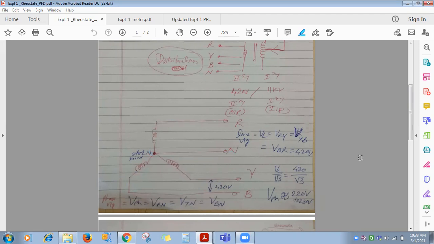These are nothing but copper conductors. Copper windings with many turns, and they are connected in star. Star means one terminal of each winding is connected together. This is called the star point or neutral point. From there they tap one wire with black color insulation, and that is called neutral. Clear? Means how many terminals are available now on the secondary? See, how many terminals are available on the secondary? 4.